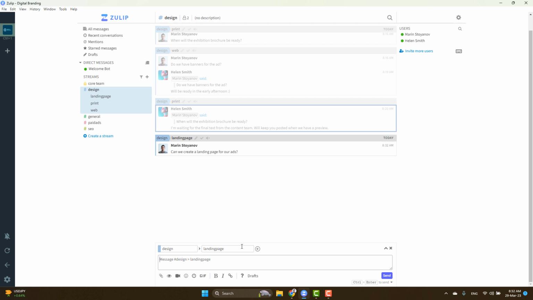One of the main benefits of topic-based messaging is that it allows for more efficient and focused communication. Participants can quickly filter out messages that are not relevant to them and focus on the topics that are most important. This can save time and reduce distraction, especially in larger teams and organizations where multiple conversations are happening simultaneously.